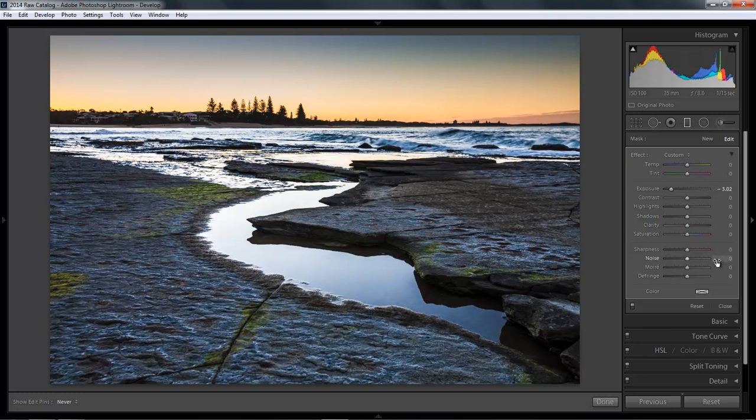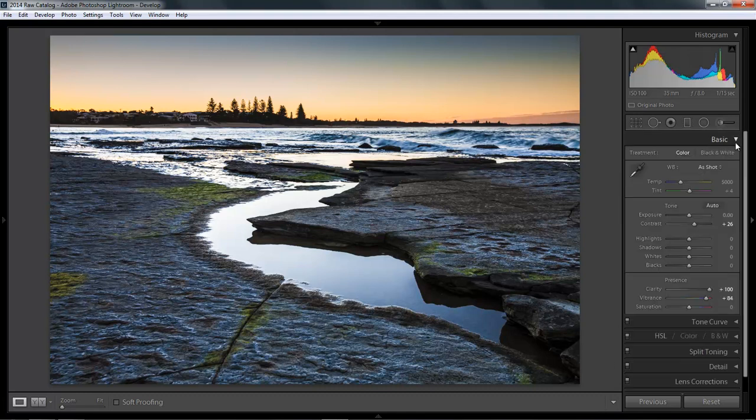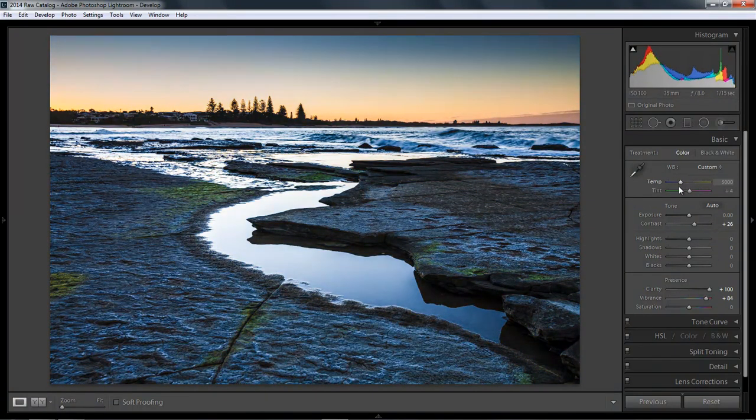I'm looking at this picture and I'm thinking, well, perhaps the foreground needs to have a warmer look to that. Well, of course, all we've got to do here is click Done to that graduated filter. No problem, we can come back to it in a moment. I could go to my Basic tab and I could decide to just warm up the image. And when I just warm up that foreground a little bit, and I am warming up the sky as well, but when, let me double click that and set it back. If I warm up that a little bit to the right, I think the balance is just that little bit